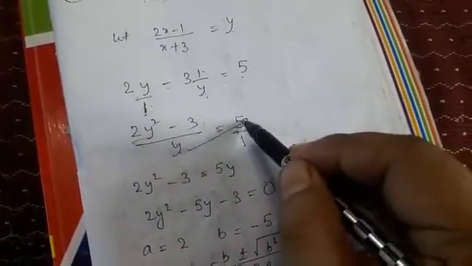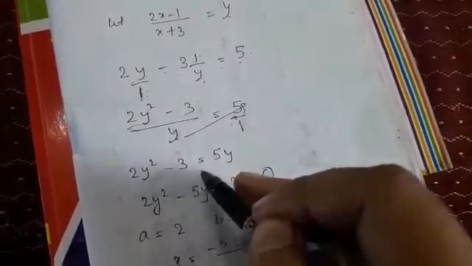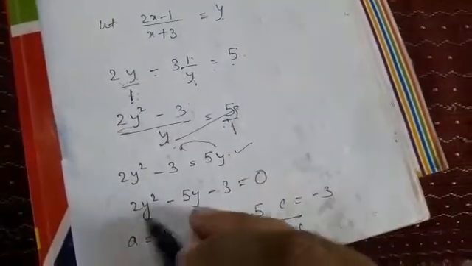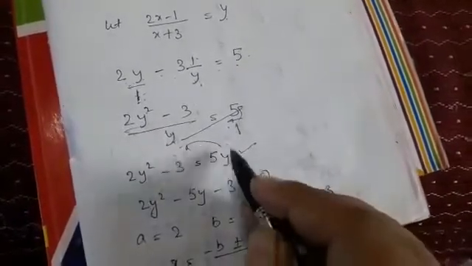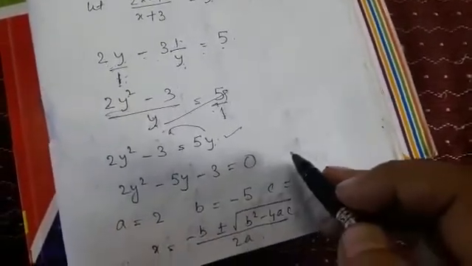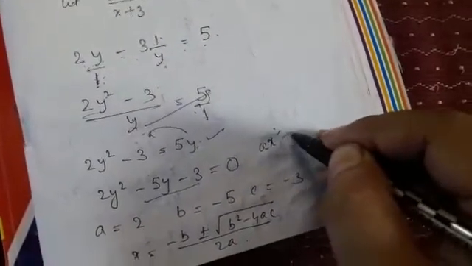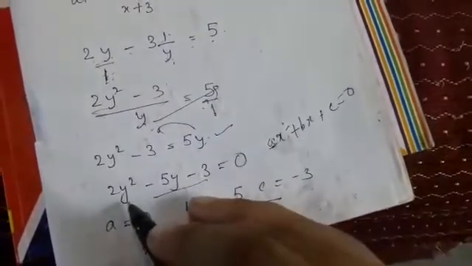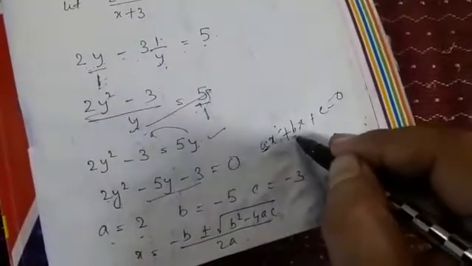So you take cross multiplication, you bring 1 over here, so 1 multiplied by anything will remain that, 2y square minus 3 is equal to, you will get 5y over here. Now to form a quadratic, you send the 5y there to frame a quadratic equation, because a quadratic needs to have y square, then y, then constant, so you are supposed to keep the 5y in the middle. So 2y square minus 5y minus 3 is equal to 0, right? Now if you compare your question with your general form, that is ax square plus bx plus c is equal to 0, you will get your a, which is the coefficient of y square, that is 2. So a is 2. Clear? Now the b, what is the value of b?